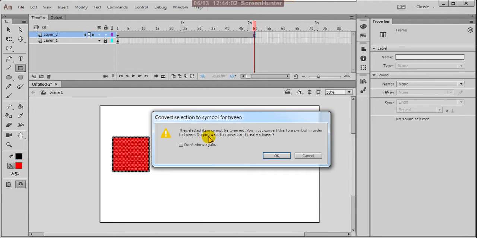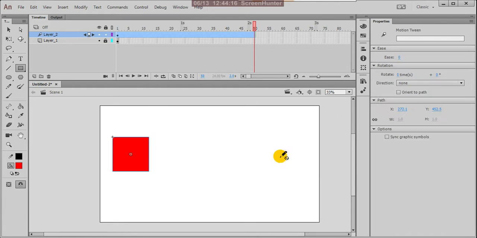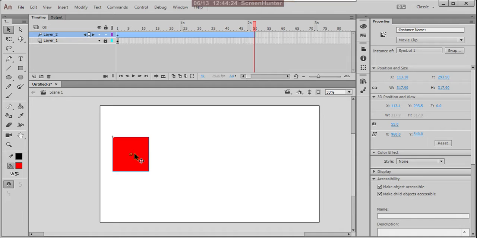You must convert this to a symbol in order to tween. Do you want to convert and create a tween? Yes, we want to convert this into a symbol. Now your object, your box, is converted into a symbol.